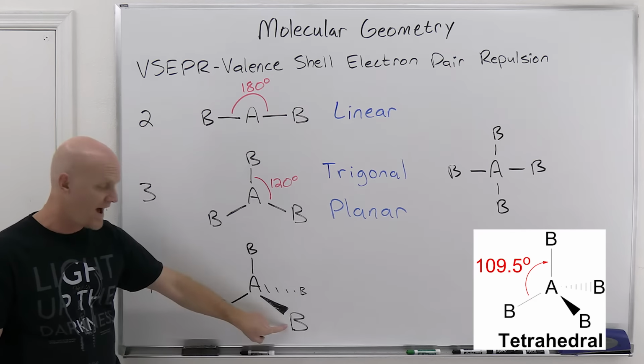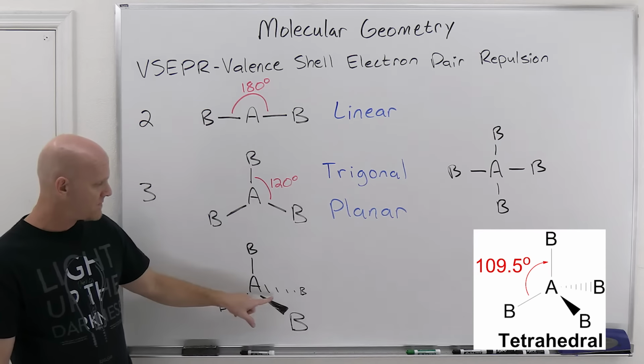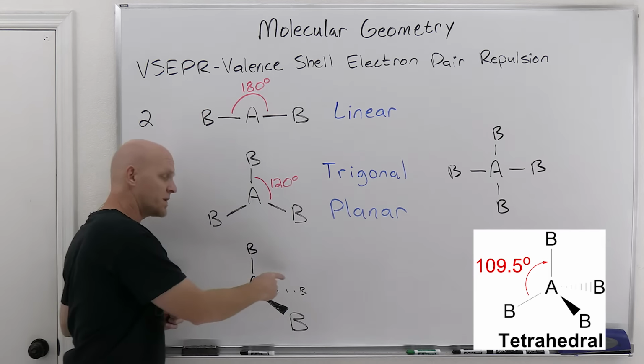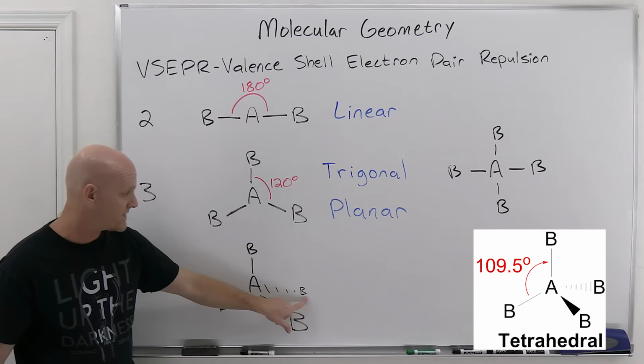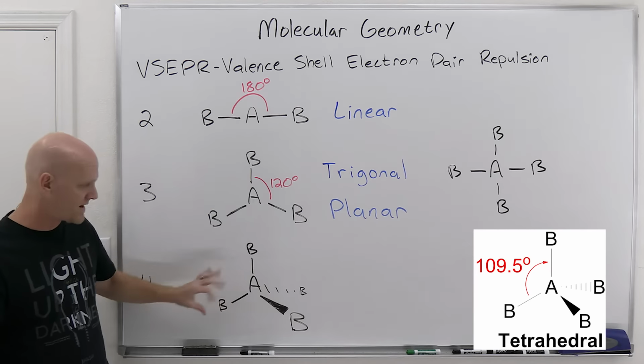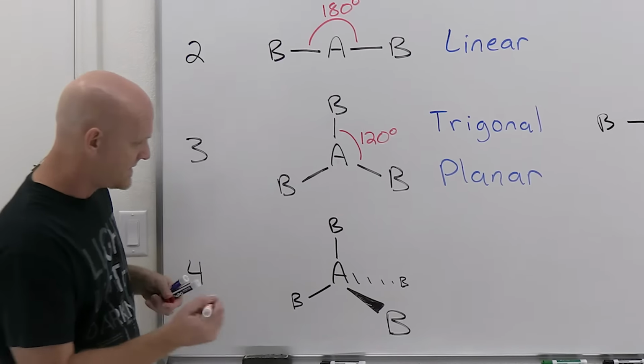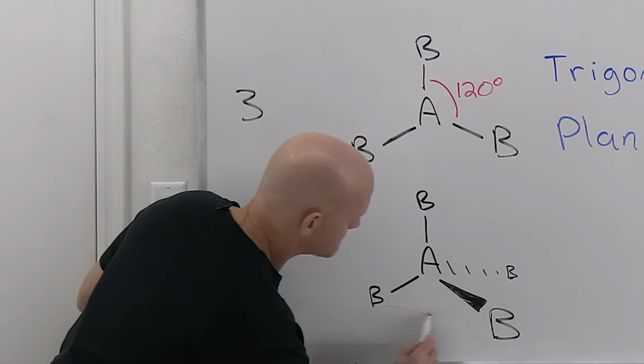That's why I've drawn the atom B here very large. And then we've got this dashed bond right here, which is supposed to represent something going into the board away from you, and that's why I've drawn this really small, because it's further away from you than the other atoms here. So if you take a look at this shape here, you can kind of see that these